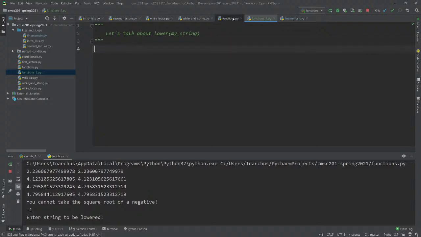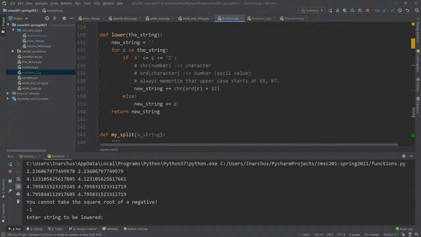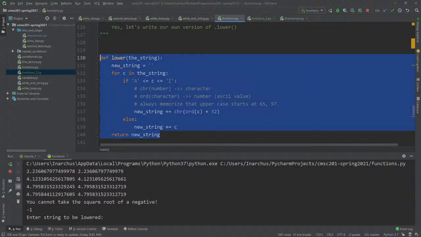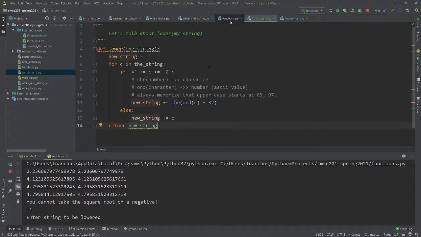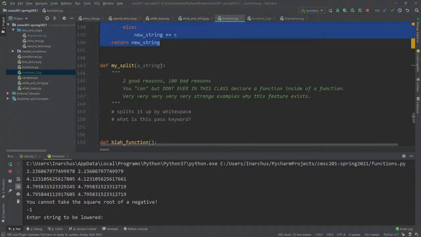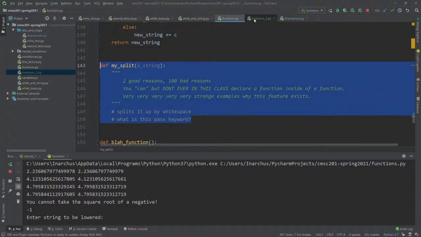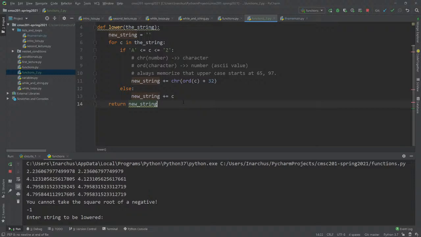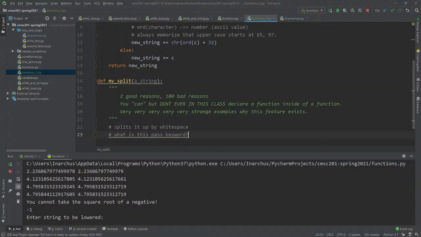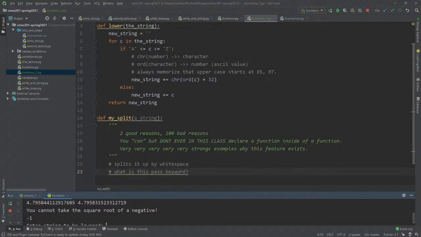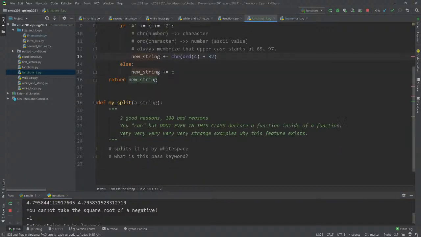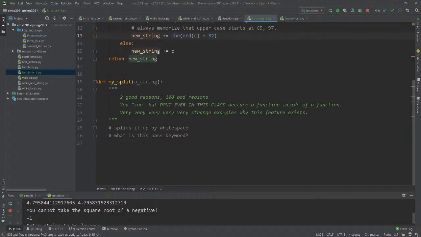So remember that last time I made this dot lower function, and then I promised that we were going to write a mySplit function, which does more or less the same thing as split. And then I never did that because we ran out of time. So what we're going to do now is just pick up right there.